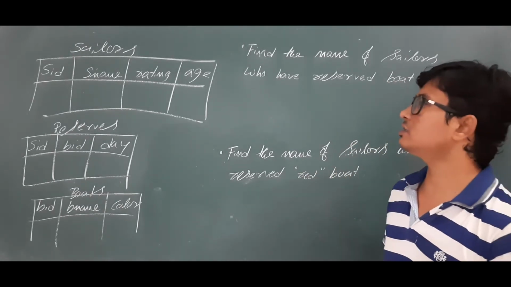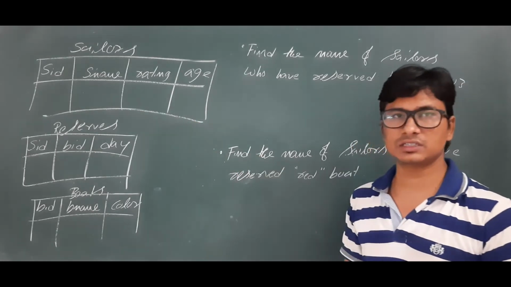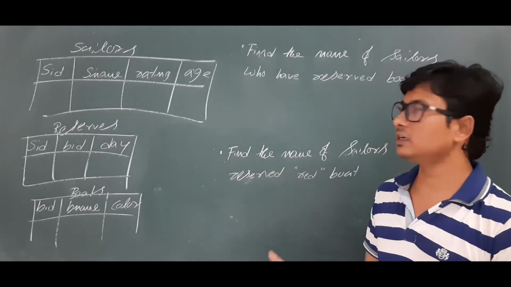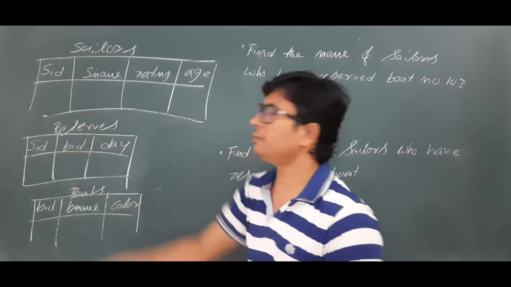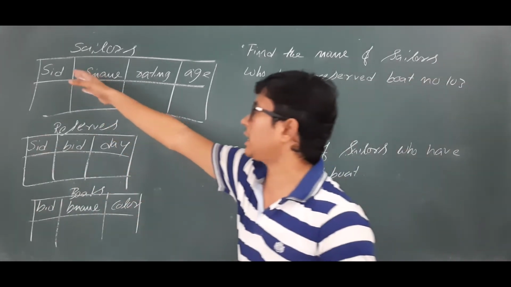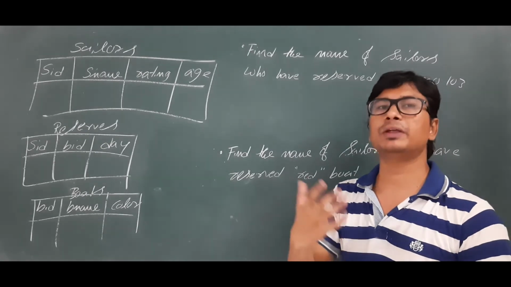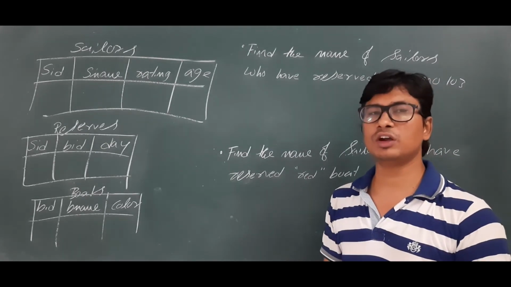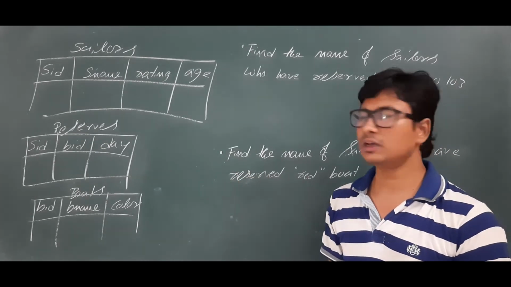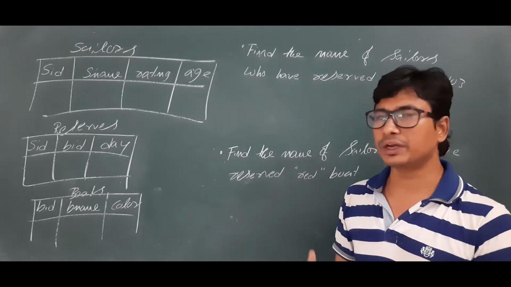But if it is more than one relation, then you need to check whether there are any common attributes, that is, whether a primary key and foreign key relationship exists. If it is there, you can apply the natural join. If it is not there, you have to use the cross product. All these things you have to look at.